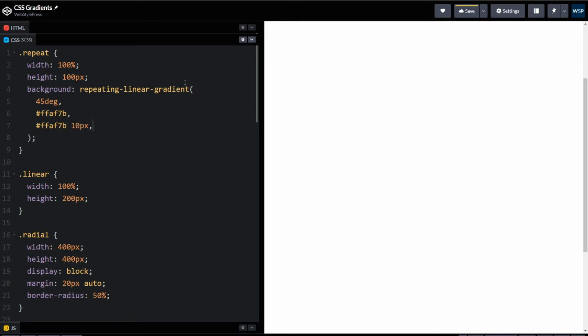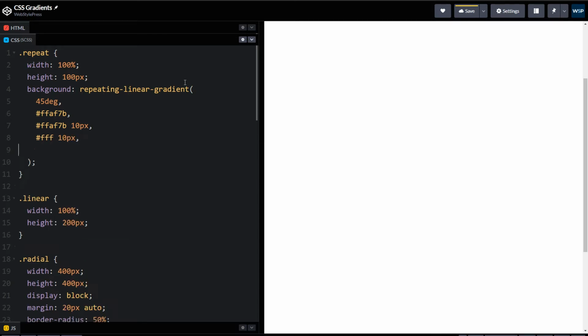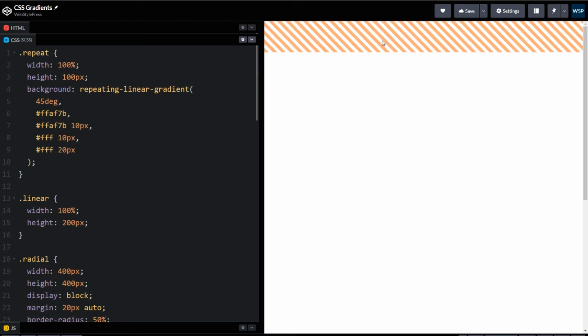Ten pixels. This is the result. This last one is the size. In this gradient example, we used repeating lines of two colors at a certain angle.